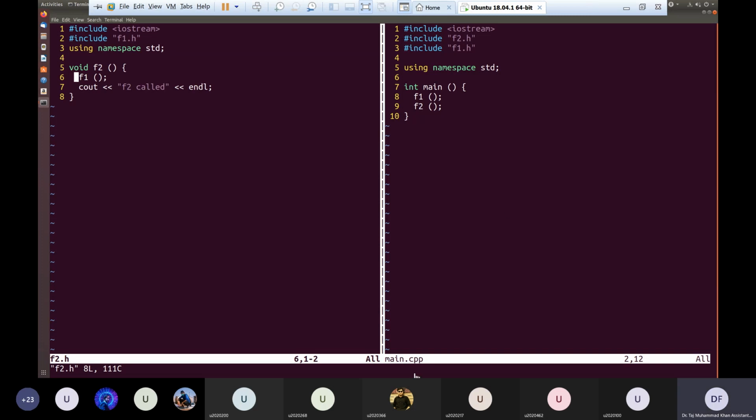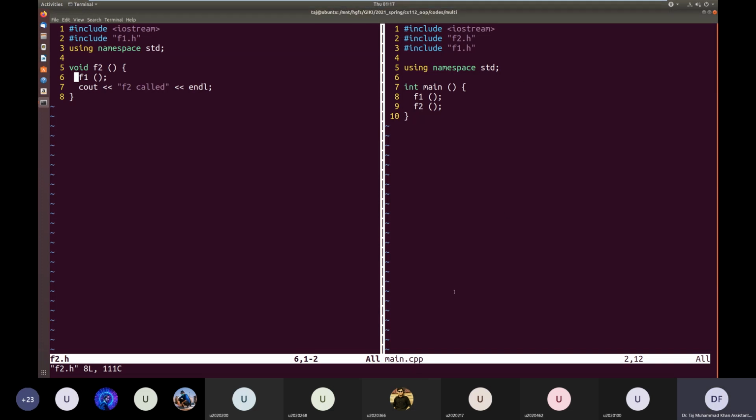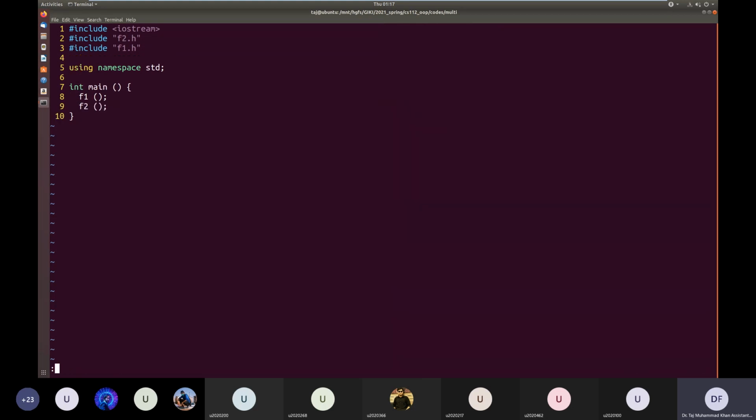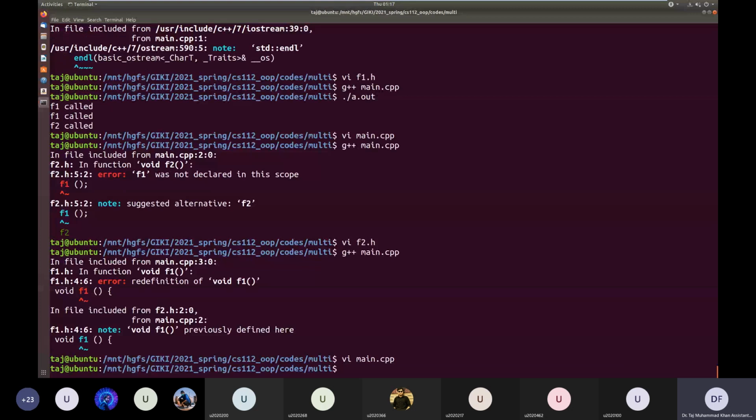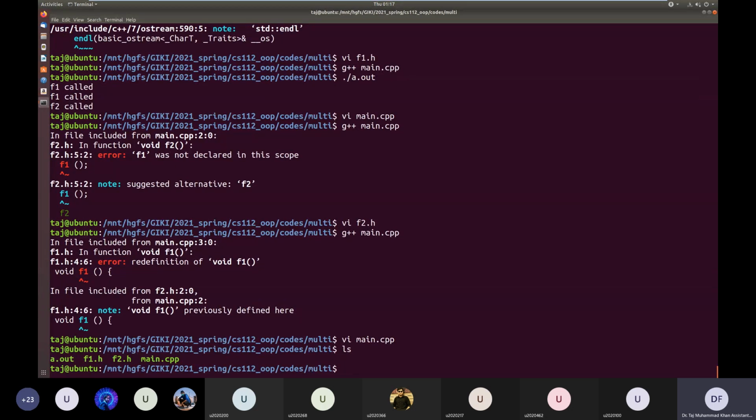Okay, so we'll separate these declarations and definitions. Let's close this. So we'll basically make f2.cpp and f1.cpp.